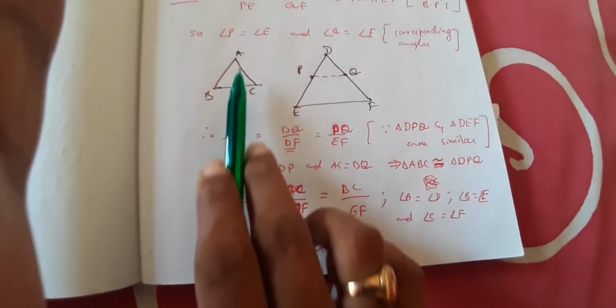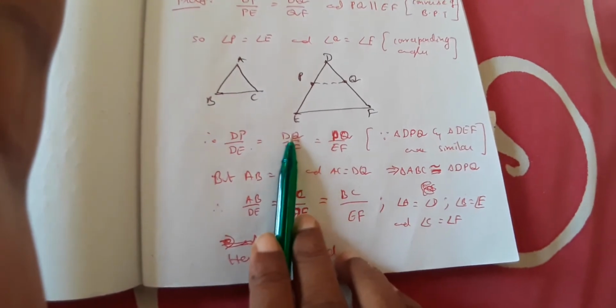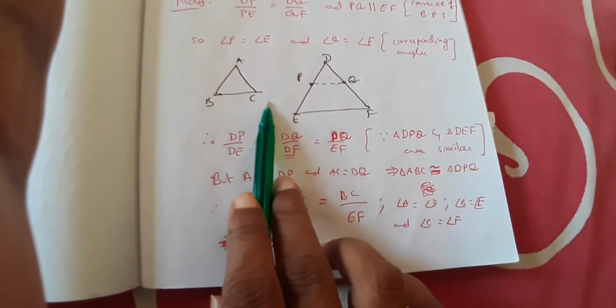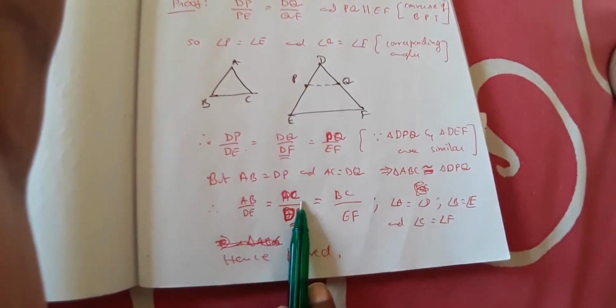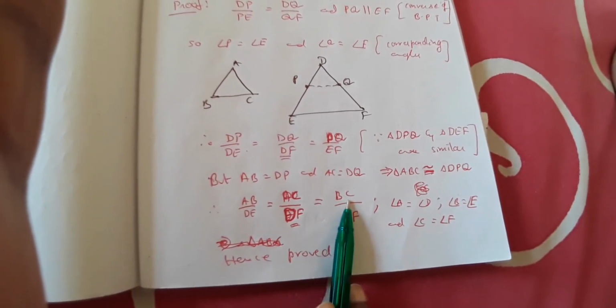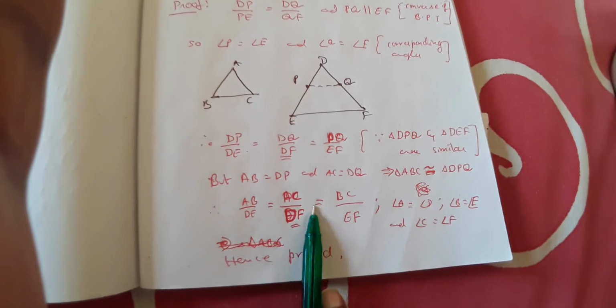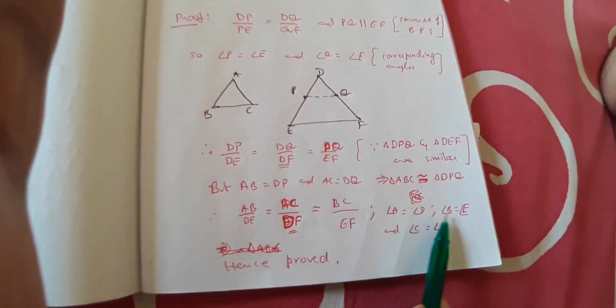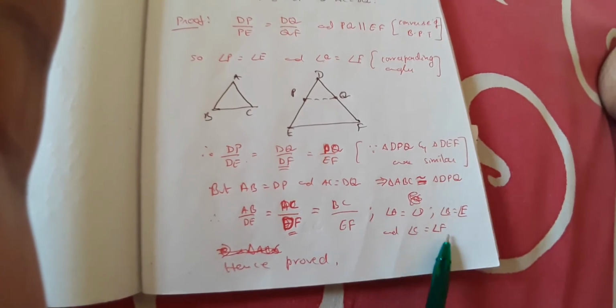In place of dP you can write AB. In place of dQ you can write AC. In place of PQ you can write BC. Thus we got the ratios are proportional. So when the ratios are proportional, what do you have? Angle A is equal to angle D, angle B is equal to angle E, angle C is equal to angle